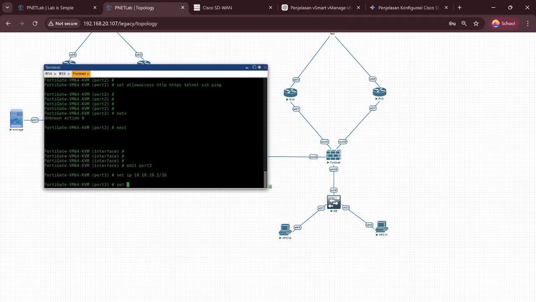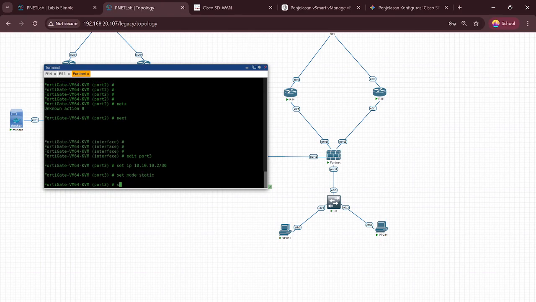Okay, set static and set allow access: HTTPS, telnet, SSH and ping.